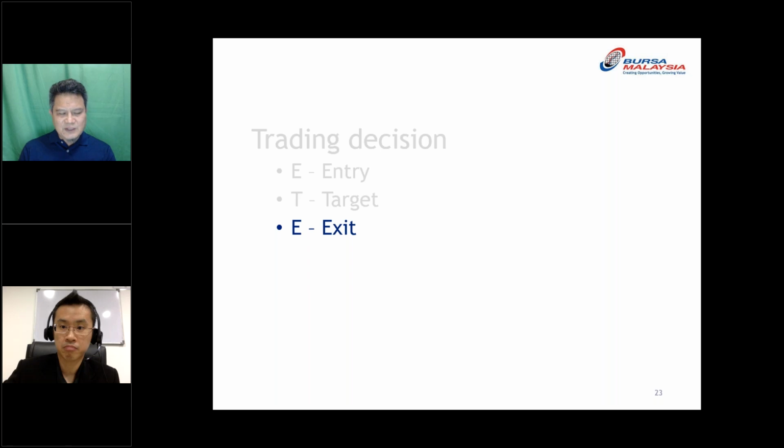The third one, sorry, is the exit. The exit means that even though we have studied and done the calculations and everything, sometimes it is not right, it is wrong. So what to do? You have to exit. You have to know, let's say the price now is 2 ringgit and it goes down, how far? Let's say you put 10%. If the price drops to 1.80, then you have to stop loss. Of course, there are always different ways to do the stop loss, but I'm just giving you the example. That is the easiest one.